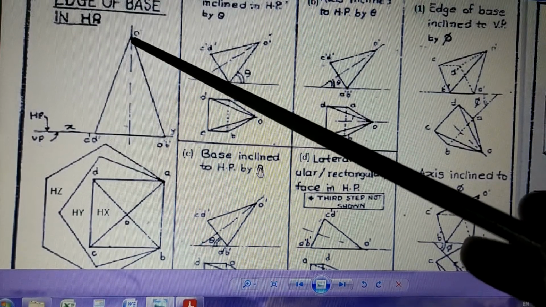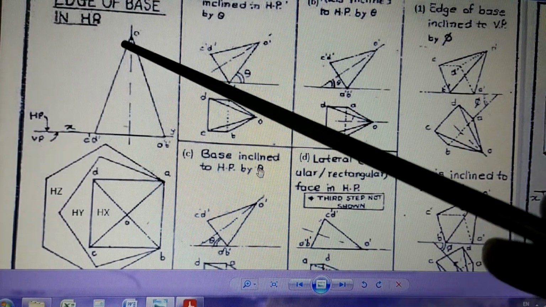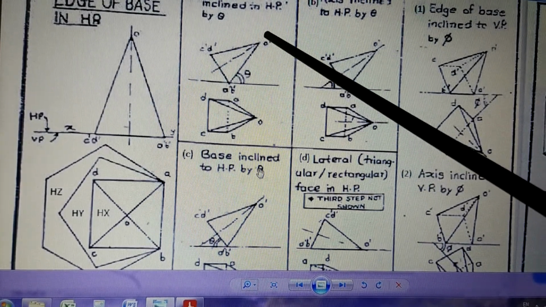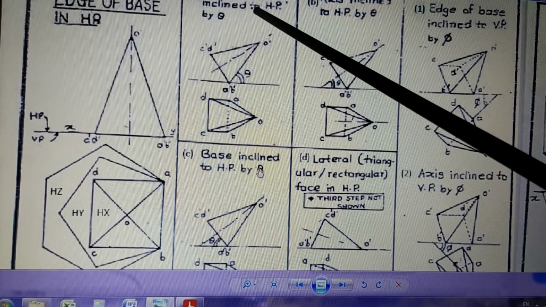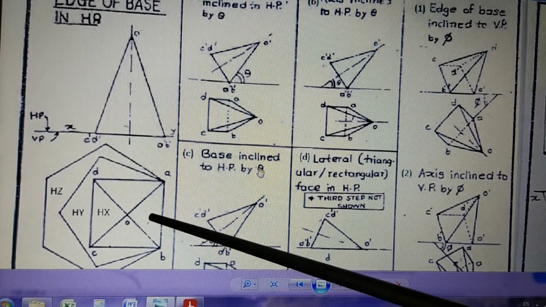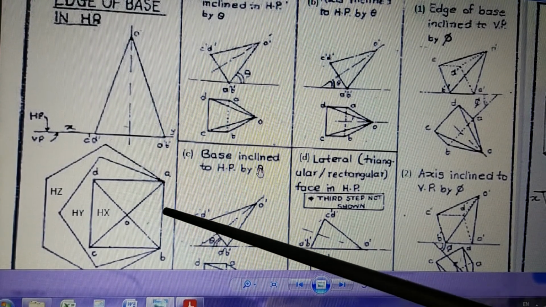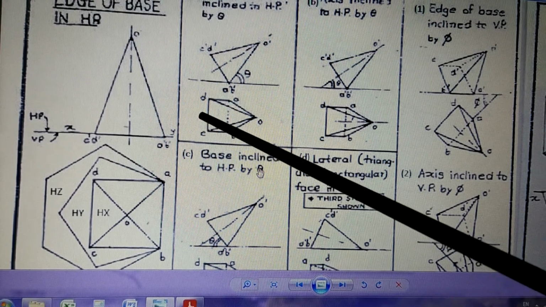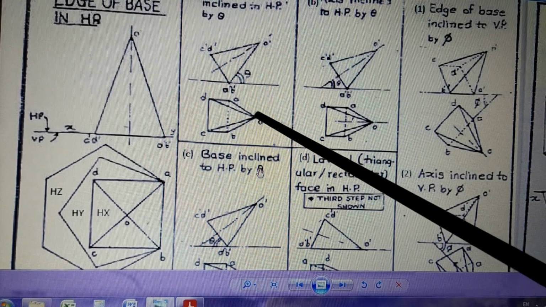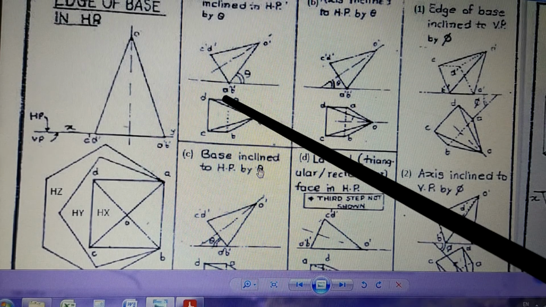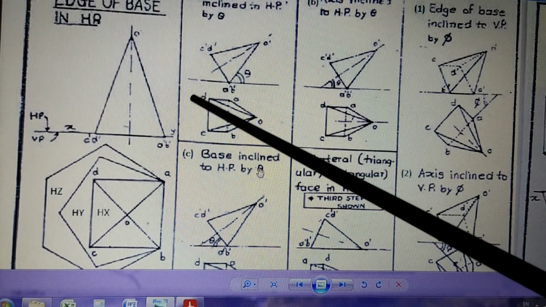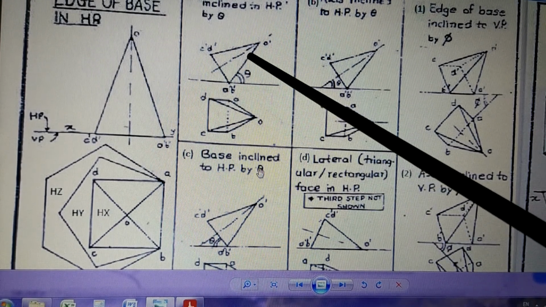Now what will happen to O? O is the apex. Apex was here initially. Now when you tilt, apex has gone from here to this position, which is here. So when the apex is here, O is here. If you see from top, where will O be? O will be somewhere on this line. At the same time, from this view, you can say O is on this level. So when you draw a line from O like this, which has come like this, and one line has come from here like this, that means O is here. So once you get the point O, you join O to A, O to B, O to C, O to D, so that this becomes your top view of the pyramid which is inclined.